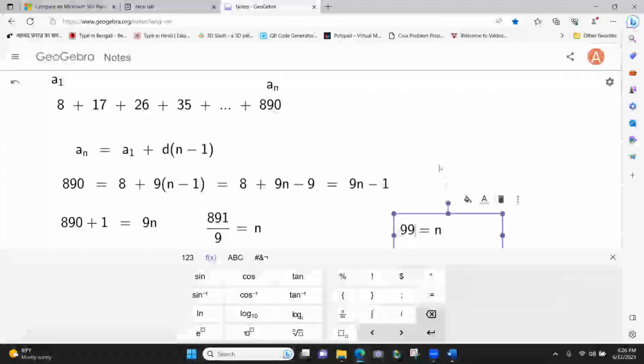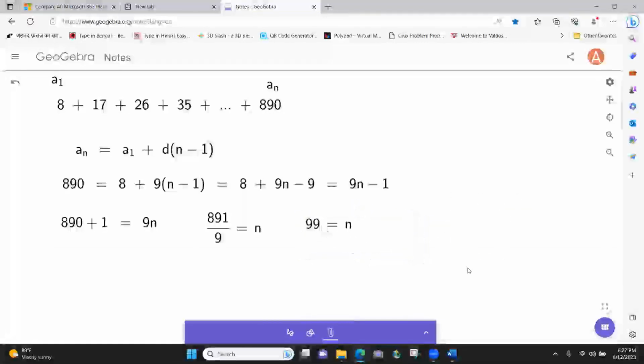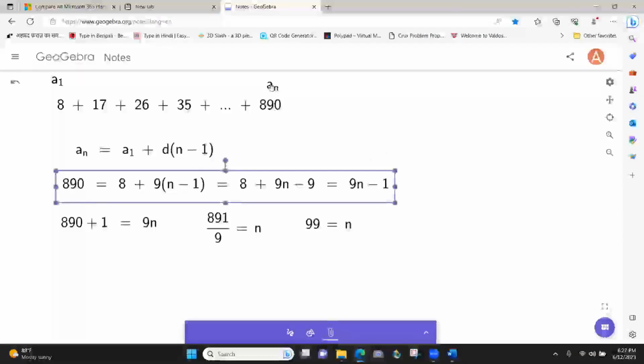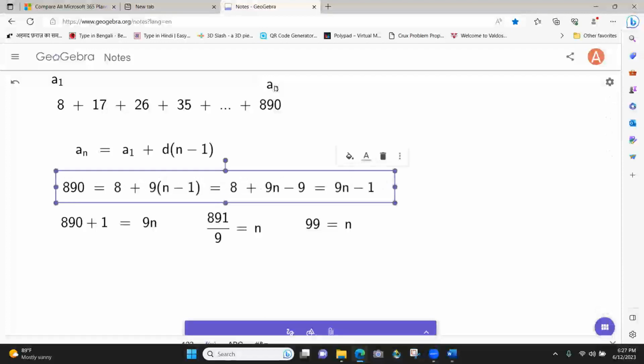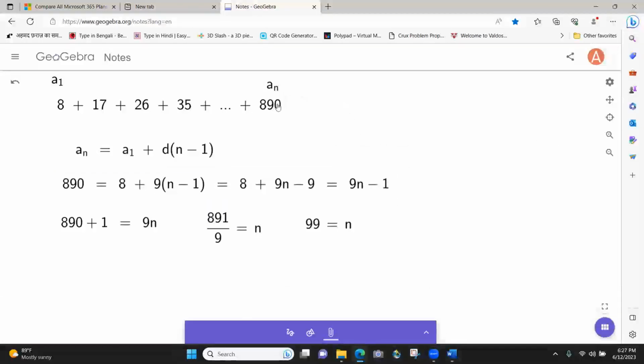I was off last time, okay? Now, I'm going to delete all this. N is 99, so 890 is the 99th term. So now I can say, again, this is hopefully being recorded, so I'm going to delete all that. I'm going to write here, this is